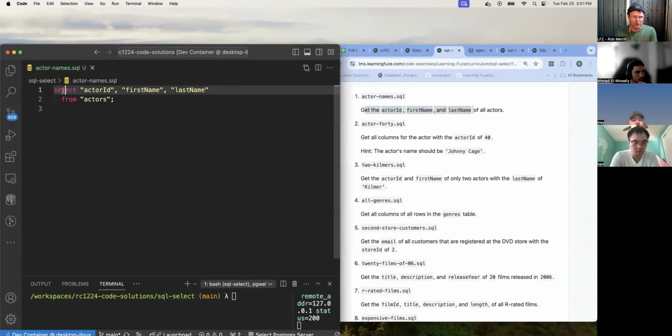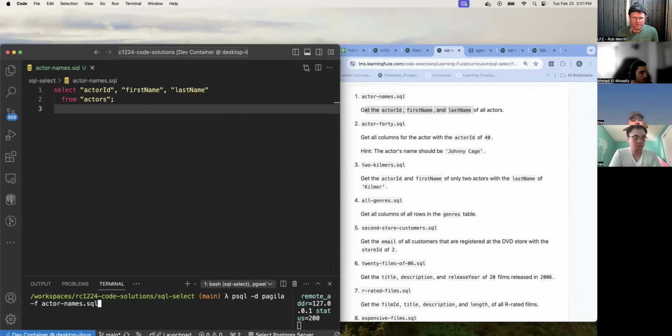So then you just go to your code and you can live code this if you want. You might have it commented out down below. You can live code it. You can have your code just sitting there. And I'd say, on line 1, I'm selecting the actor ID, first name, and last name column from, on line 2, the actors table. And then just execute the code